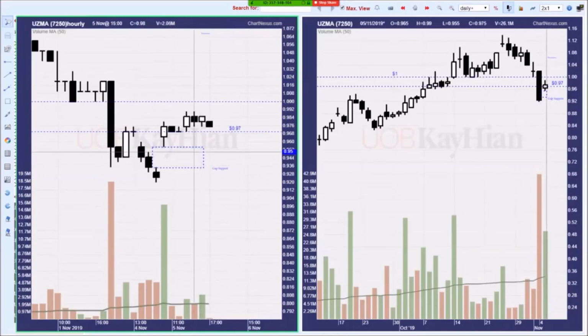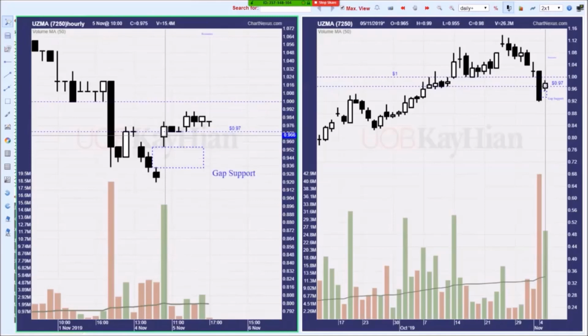Now, you see this USMA today. This is yesterday's first hour opening. It crashed down. Then subsequently, the stock rebounded during intraday and closed lower. So today we get up. Now take a look at the volume. The trading volume today is much higher than the rest of the day of yesterday combined. So it seems like the selling was overdone yesterday, and today we have the buyers step back up